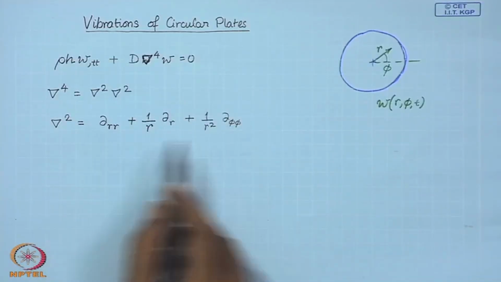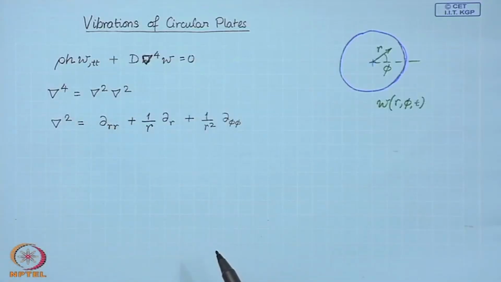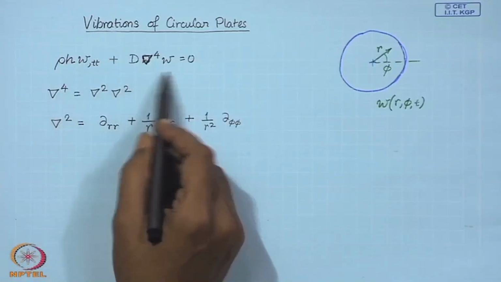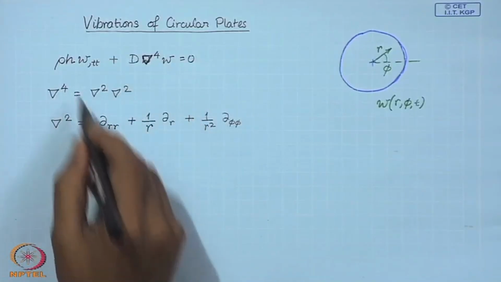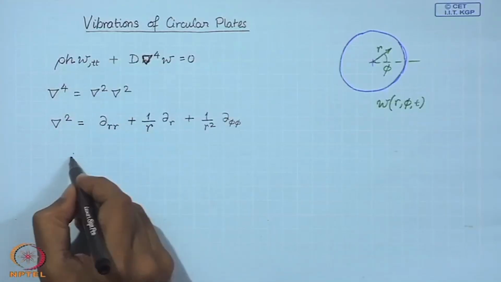So, the square of this operator is nabla to the power 4, which appears in this equation, and here rho is the density,